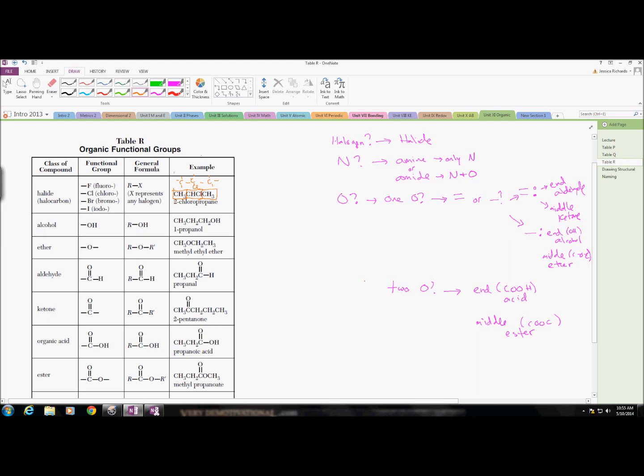Then I want you to look at the name. So the name says 2. We know that's a location, and oh look, there's carbon number 2 right there. Chloro, carbon number 2 has a chlorine on it. Propane, prop means 3 carbons. There's 3 carbons total. ANE means single bonds between your carbons. So you can look at the 2, and it's giving you instructions for how you're going to name these and how you're going to draw them. So if we go back to our problem,